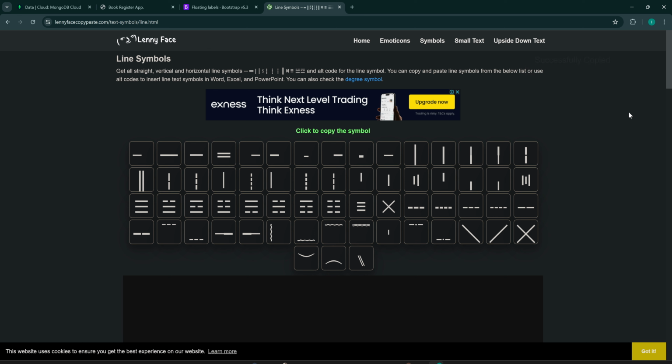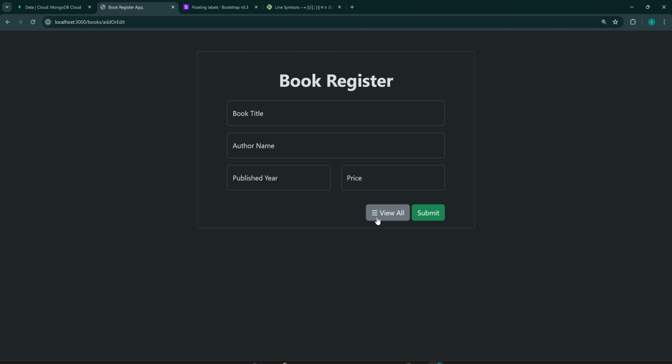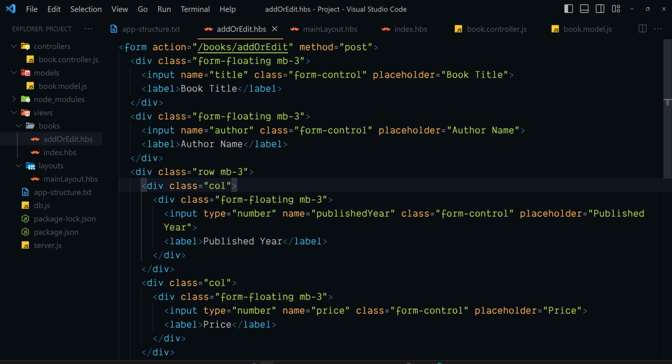So here it is. Click on this so that it will be copied to the clipboard. Let's paste it over here. Save this, back to the app. That's it. Now before we go ahead with the form submission, let me implement the minimum validations inside the form